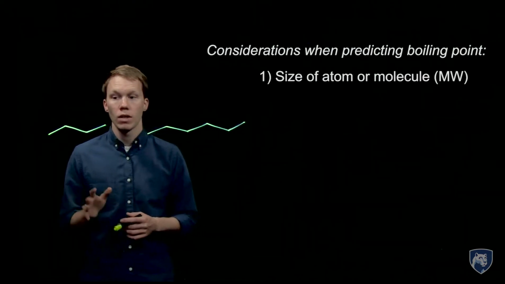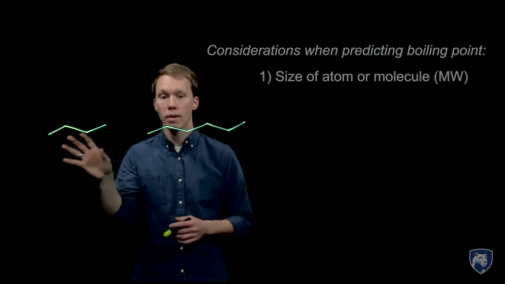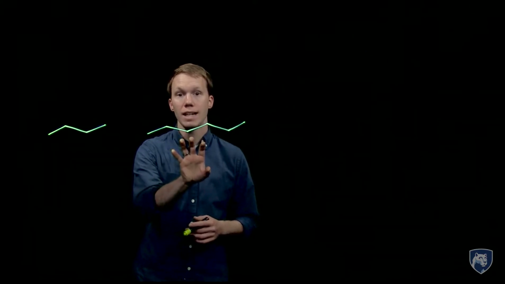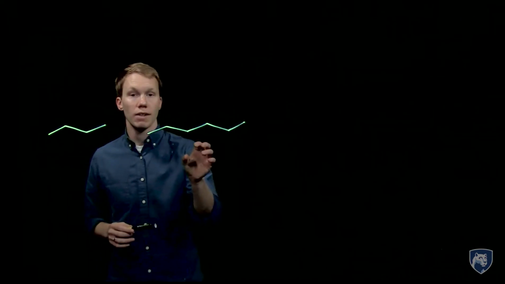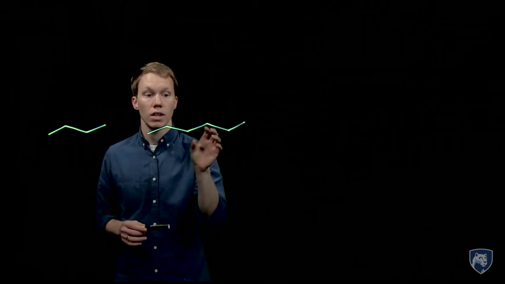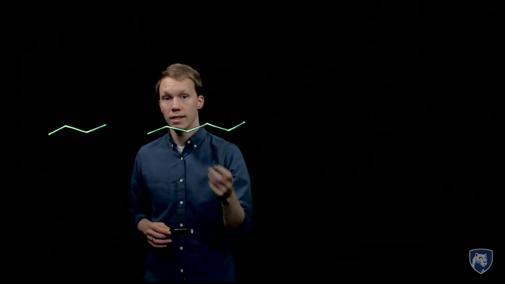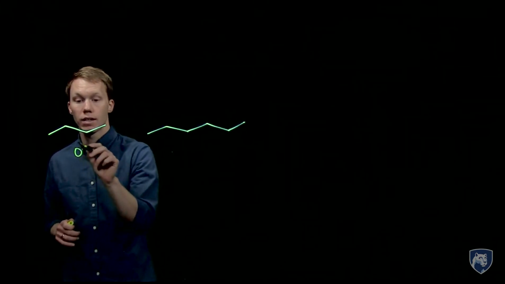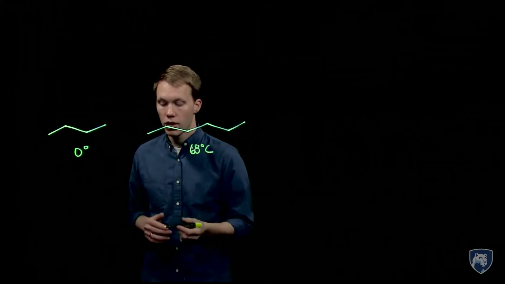So looking at the difference between butane and hexane here, we have 4 carbons, so this is C4H10 versus C6H14. So we have 2 more carbons and a couple more hydrogens, so that's going to be a difference of about 30, right? So 12 plus 12 is 24, plus 4 additional hydrogens is going to give me 28. And in fact, here we see the boiling point for butane is 0 degrees Celsius and 68 degrees Celsius for